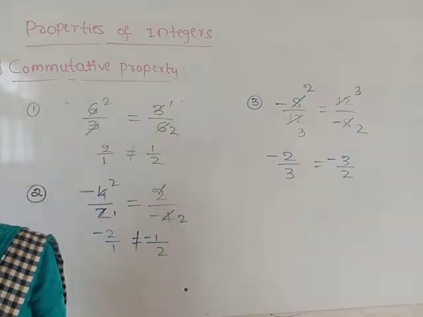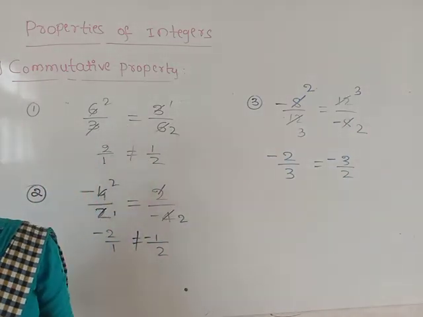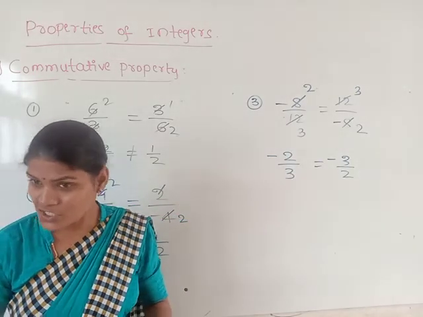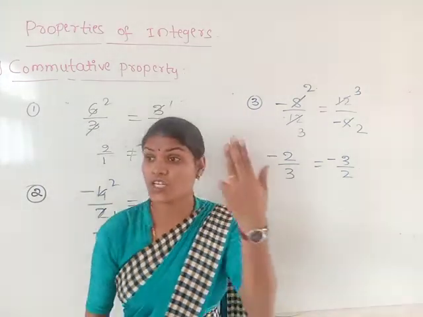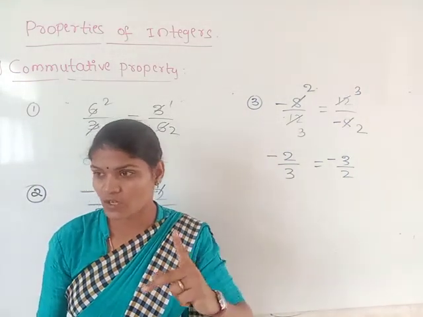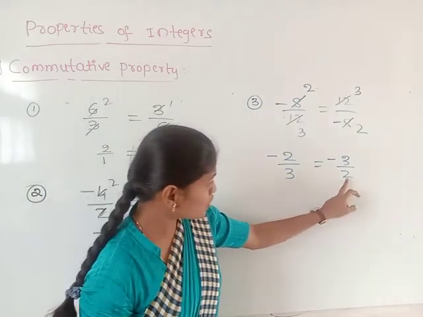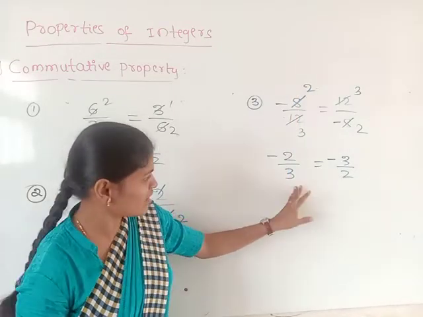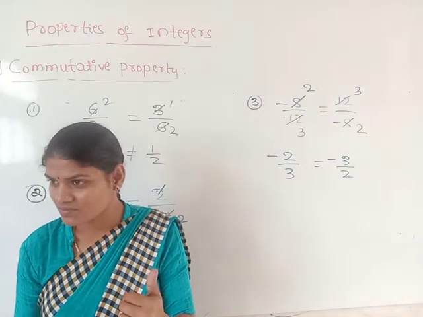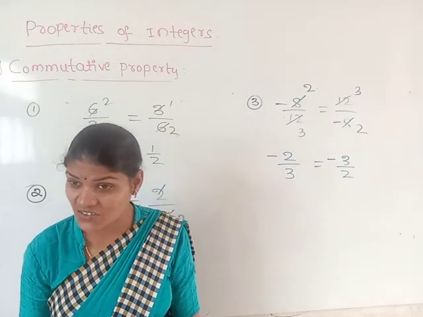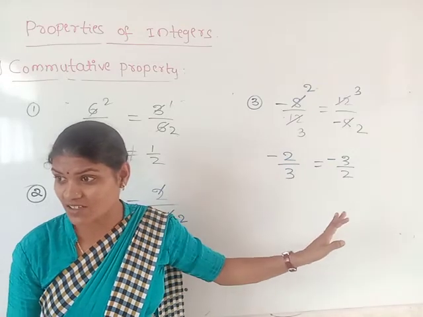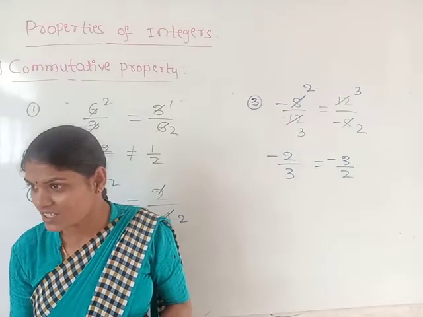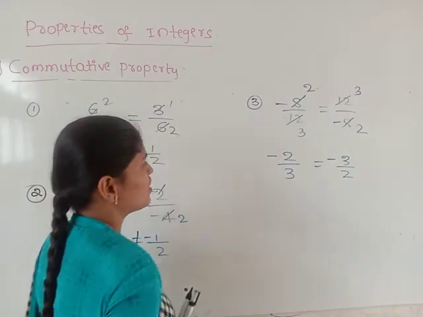Out of 3 biscuits, if you have 3 biscuits and 2 members are eating, you get a greater quantity of biscuit. With 3 biscuits and 2 members, each gets one and a half. But with 2 biscuits and 3 members, you are not getting that much quantity. So obviously these two numbers are not equal. How to compare fractions? Last year I studied: make the denominator the same, then the fraction with the greater numerator is the greater fraction. So both these numbers are not equal.